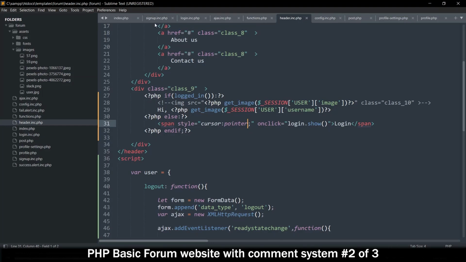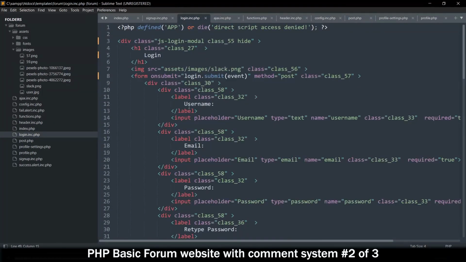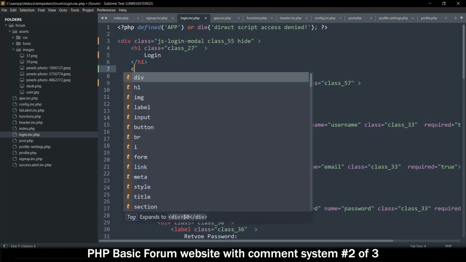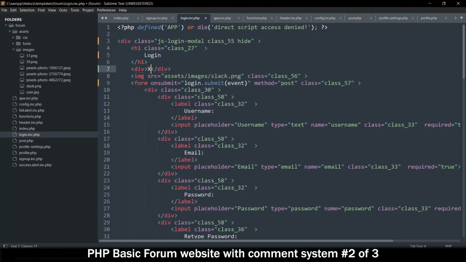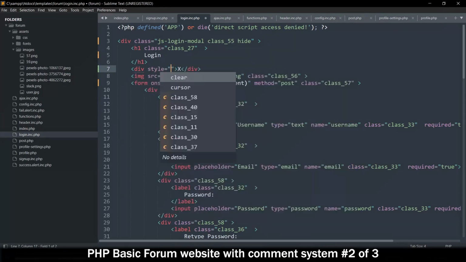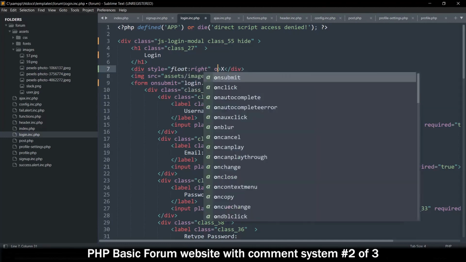So let's go to the login page right here where we have username. Maybe inside this div there's an input username. What's going on here? Okay, it's right here where there's a title, and then we have the logo. So what I want to do is put a div here and say close, or let me just put an X, a large X like this, and then let's put a style and tell it to float to the right,